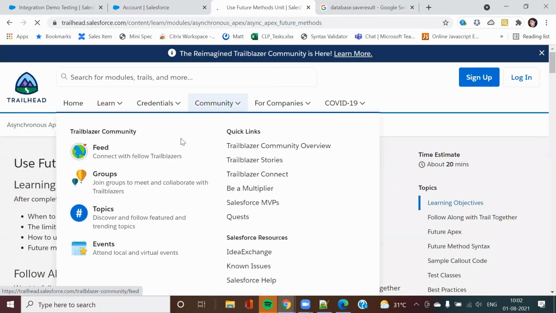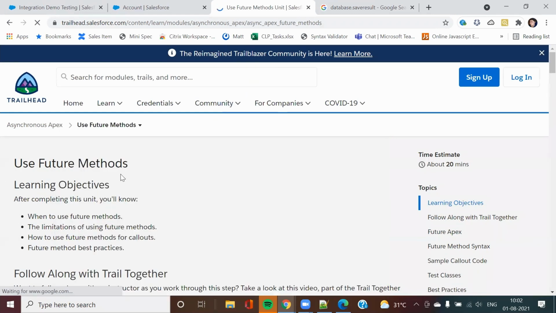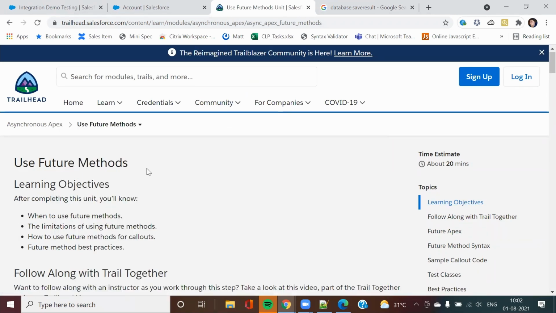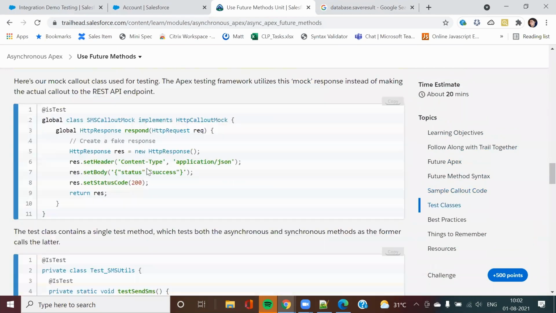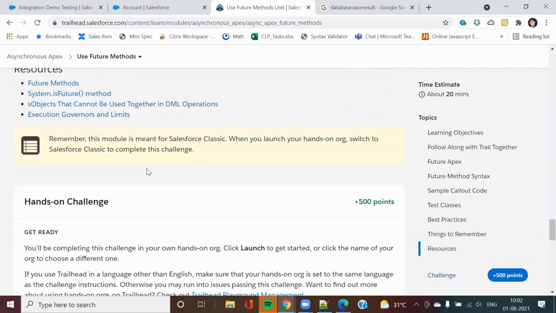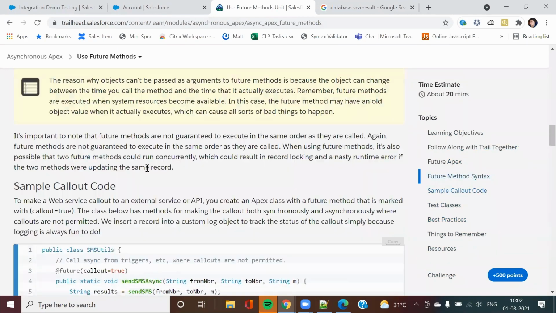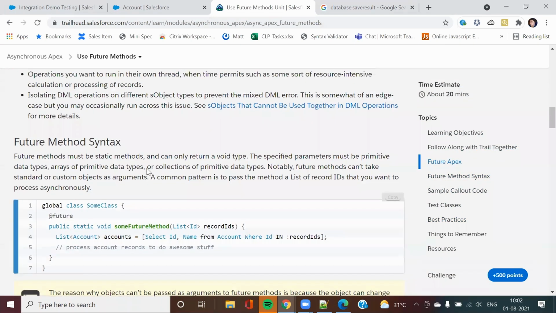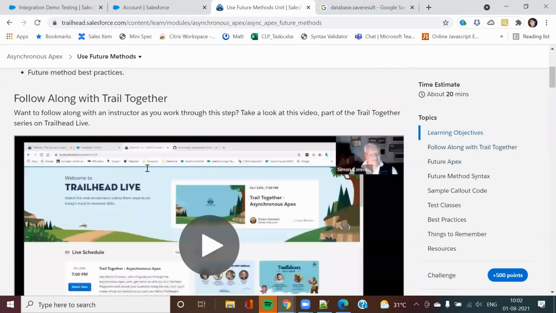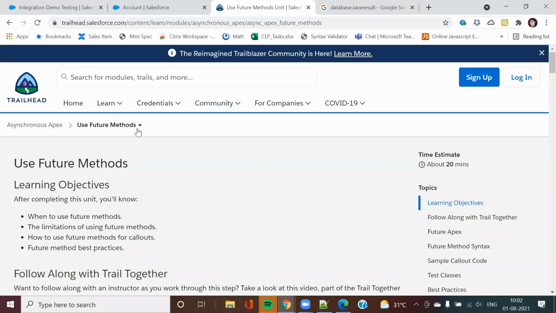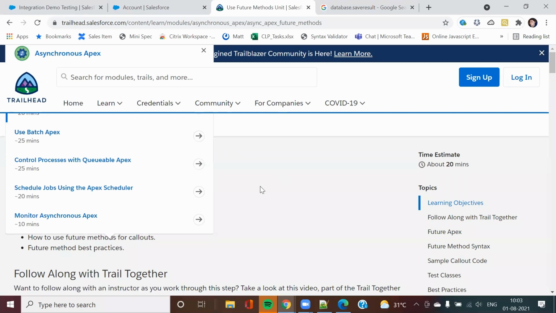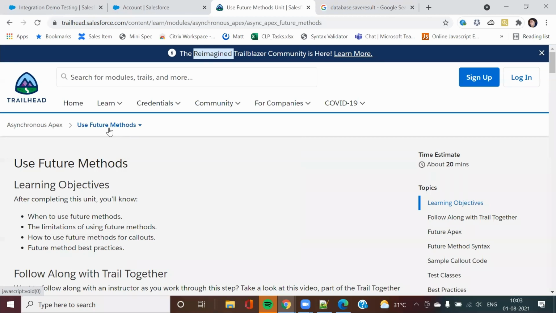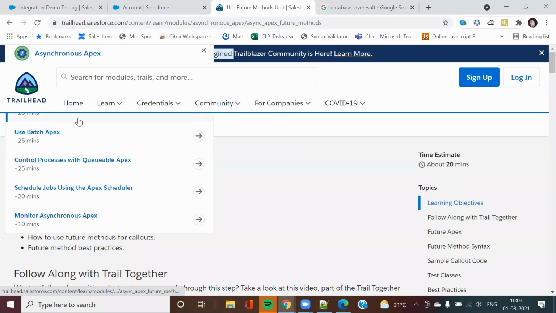So this is the full module on async, if I see. Now if you see here, in this full module, the first part is future, then your batch Apex, then Queueable, then scheduler.